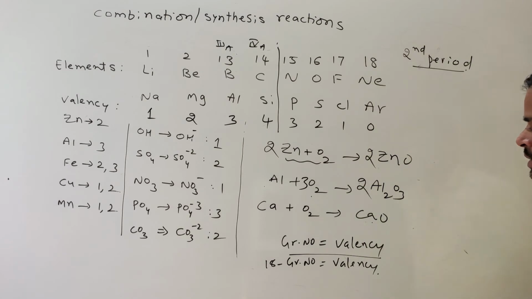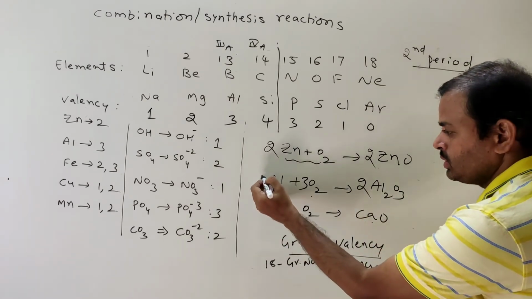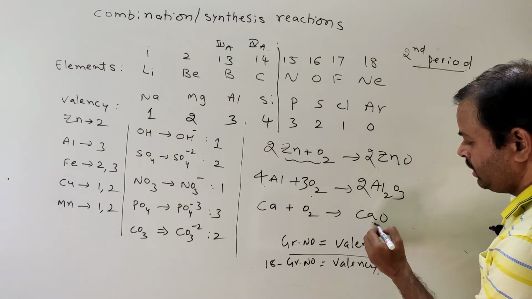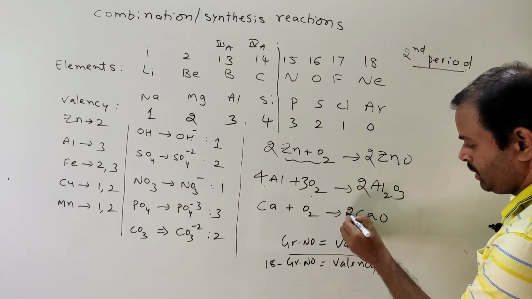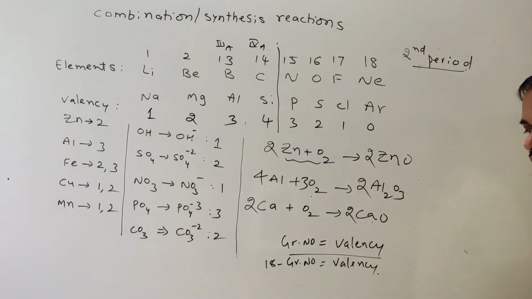3 into 2, 6. Now how many aluminiums are there? 2 into 2, 4. So that's why 4 Al plus 3 O2 gives 2 Al2O3. So in this way, calcium oxide, so 2 oxygens, that's why place 2 here, Ca, 2Ca. Okay, so this is